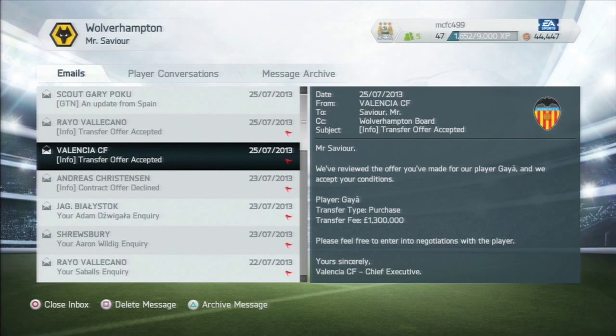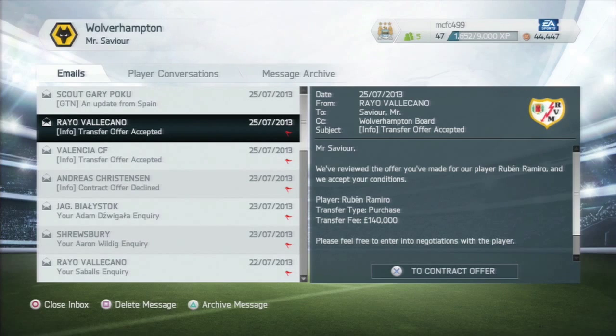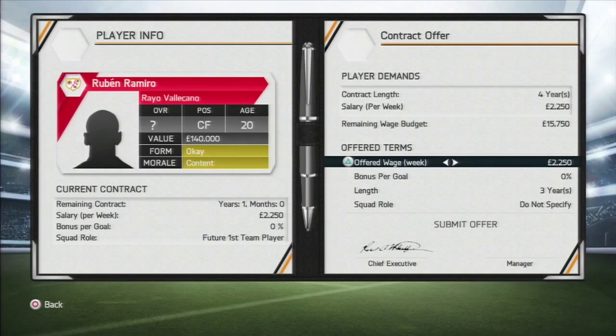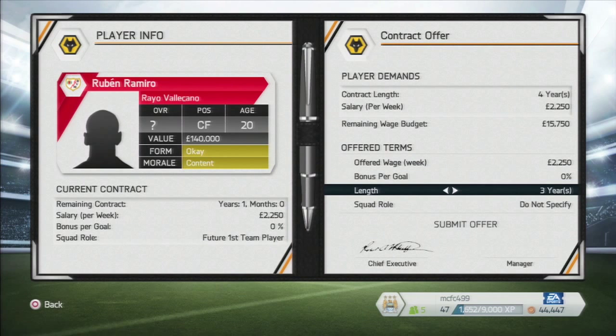Important first team player, because he probably is, the player's worth 1.3 million, probably going to be in the squad every week, if not most weeks. But yeah, Ruben Romero, he looks pretty good, so I offer him what he wants, basically